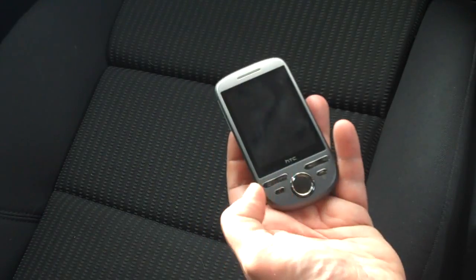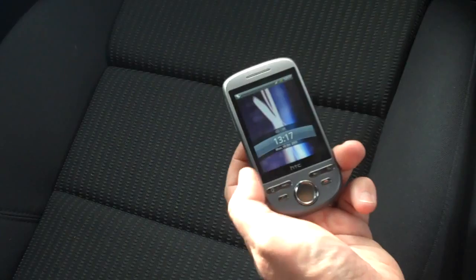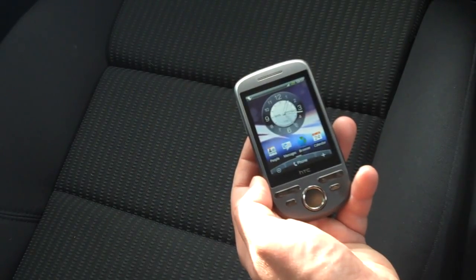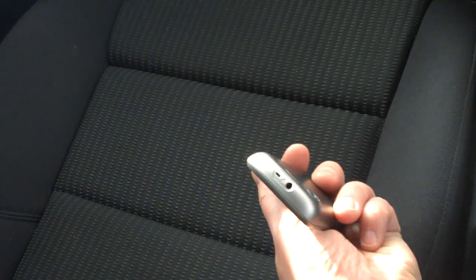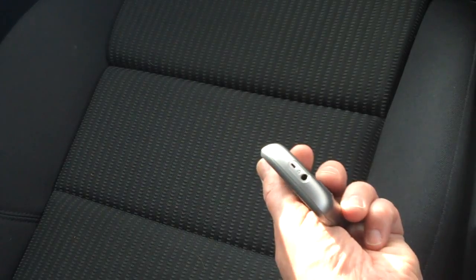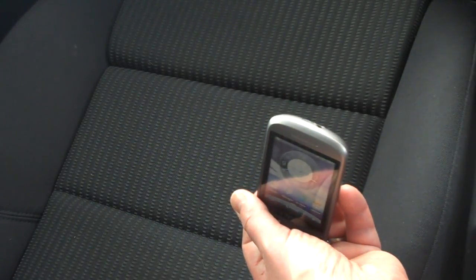We've got an internal GPS antenna for sat-nav and Google Maps and various bits like that. We've got Wi-Fi, we've got Bluetooth 2 with EDR and A2DP. We've got the 3.5mm headset jack. It's on the top there, and you can see there's a little lanyard loop there too. We've got an 1100 mAh battery on that, and we've got the